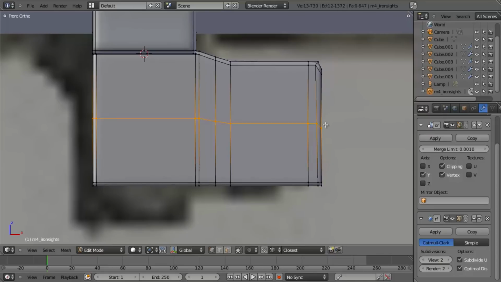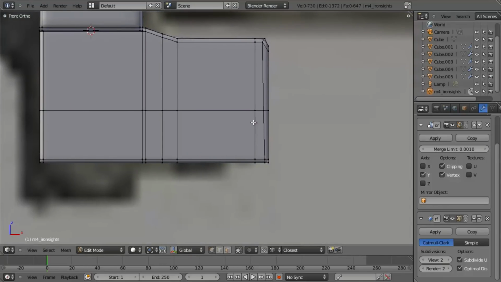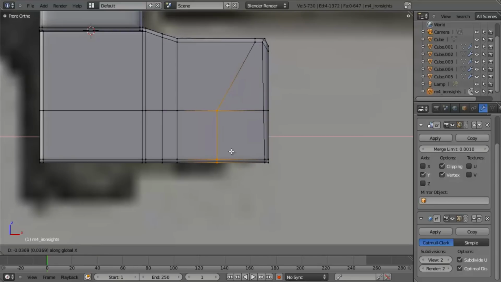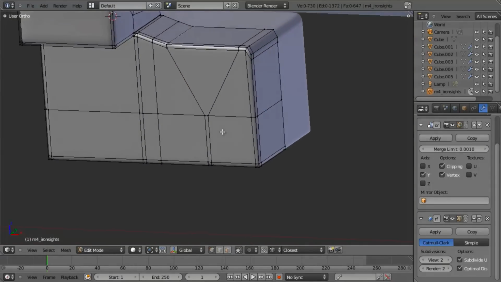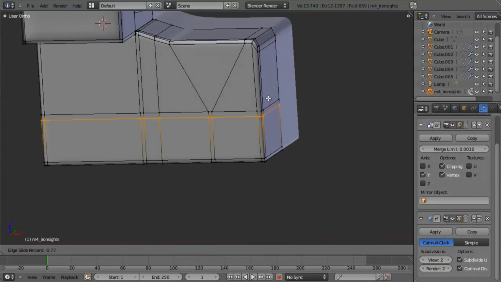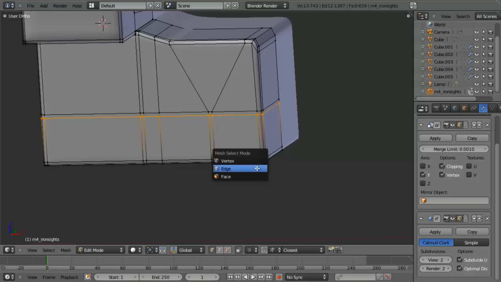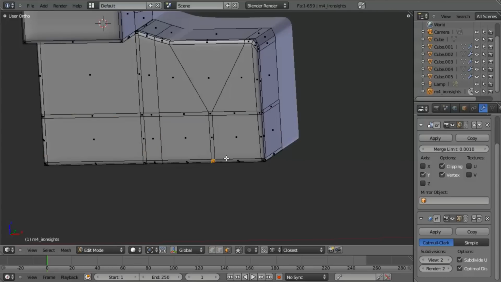We'll go and add in an edge loop right through here. We'll put it right about the center, hit S, Z, and 0, and let's take it down. And then what I want to do is we're just going to select this piece. We're going to take it back to be right about there. We'll take this one, slide it up to about there, and then we're going to add in another edge loop right through here, because what we're going to do then is just select these faces, these surface faces here,